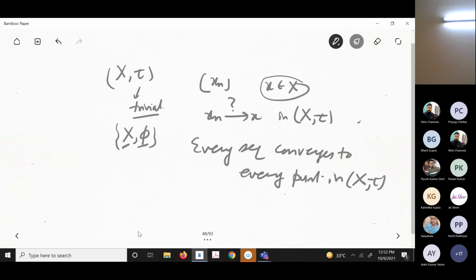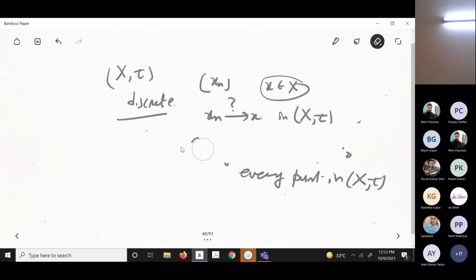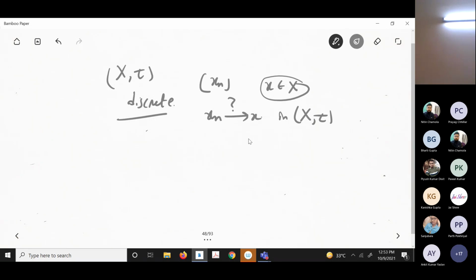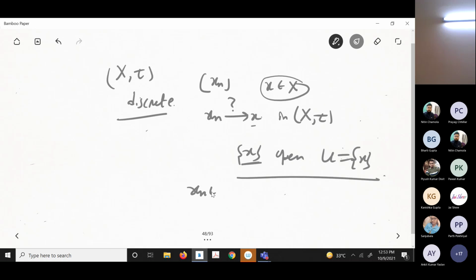Now, on the other hand, if you take the discrete topology, that you already know. Then which sequence will converge? Look, if it converges to x like what you did in metric space, then {x} is itself open. So it is a neighborhood of x itself, this is open. So take U equal to this. This will contain a tail of the sequence. That means xn belongs to this. There exists N_U belonging to N such that